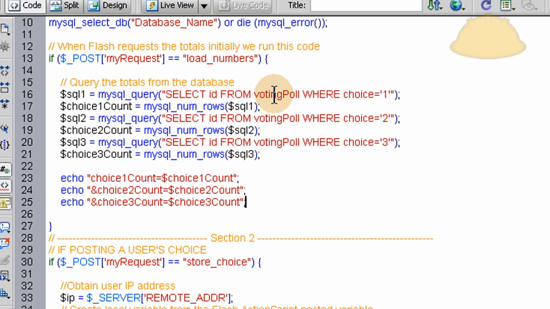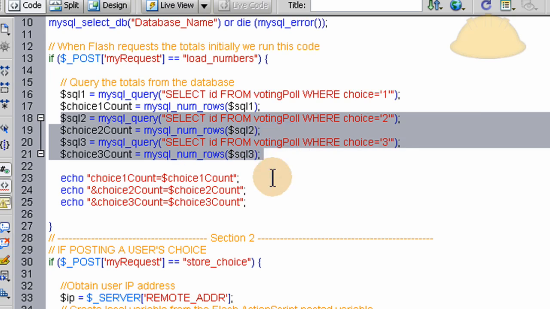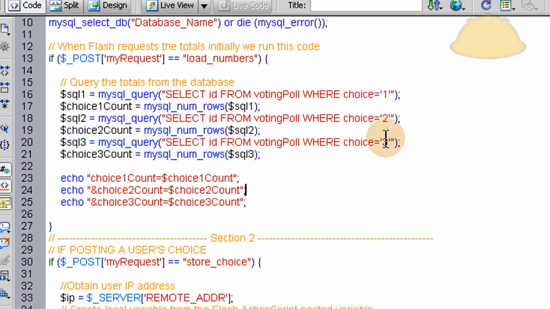from the database table called voting poll, we select ID where choice equals 1. So if there's 80 people in there that chose selection number 1, we're going to get 80 IDs coming out of here, and we can access exactly how many with MySQL num rows. So this will have a value of 80, for instance. So we do that for all 3 of our choices that we're giving people. And all you have to store in the database for their choice is a simple number. That's why you can just query these simple numbers and you'll get the exact amount of how many people voted for what. So then we echo back choice text 1, choice text 2, and choice amount